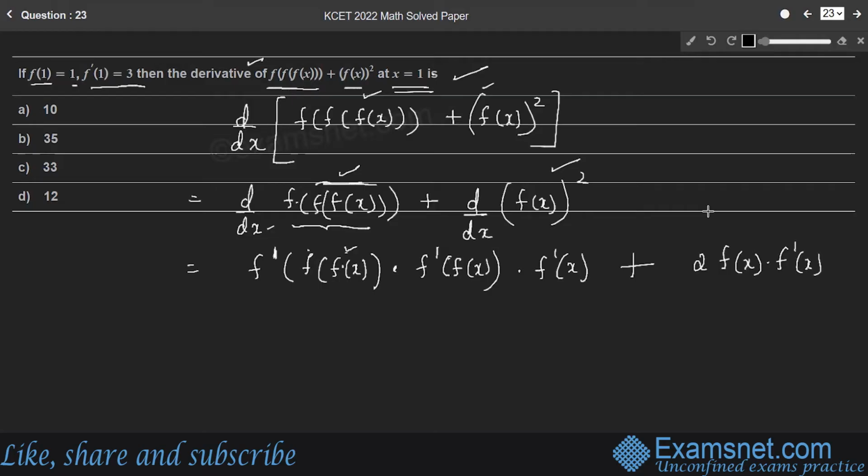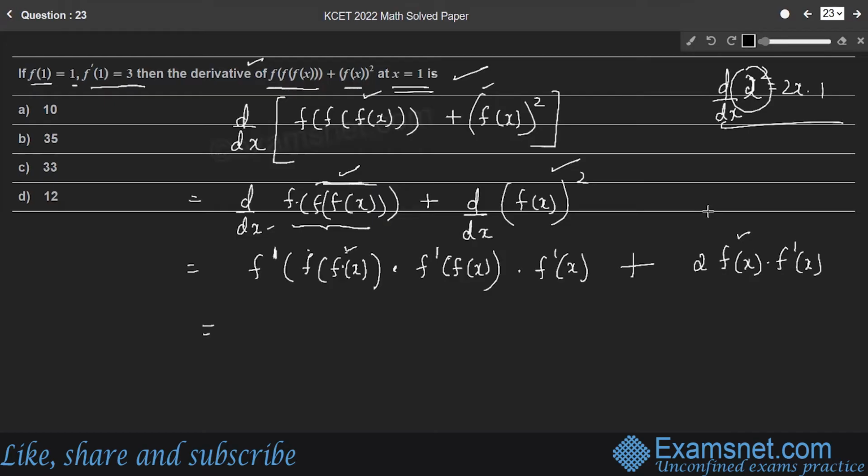Similarly, d by dx of f of x the whole square is 2 times f of x into d by dx of f of x, which is f dash x, because the derivative of x square is 2x into d by dx of x, which is 1. Therefore,